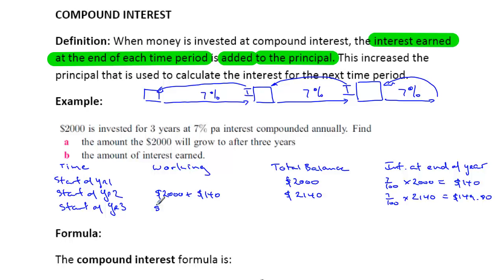Our working would be then our $2,140 plus our interest, in this case $149.80, which gives us our total balance of $2,289.80. We work our interest out on this, 7% of $2,289.80, and that gives us